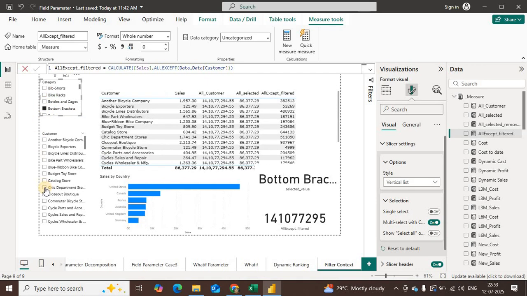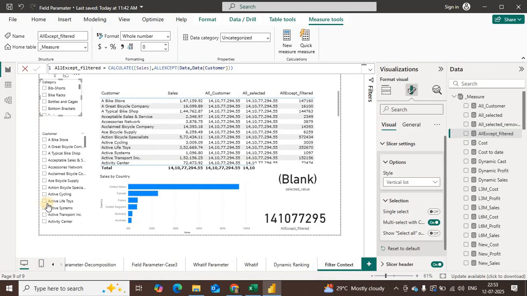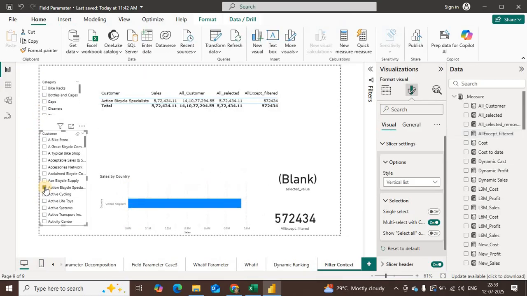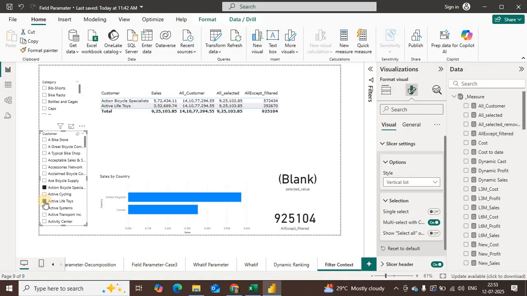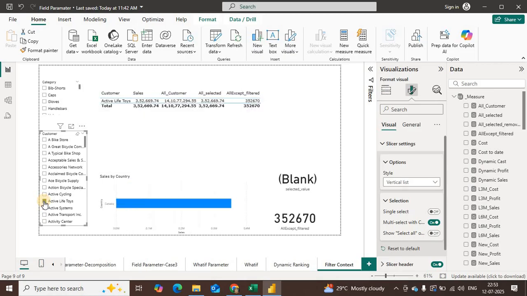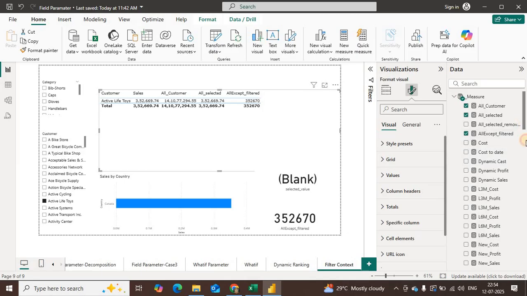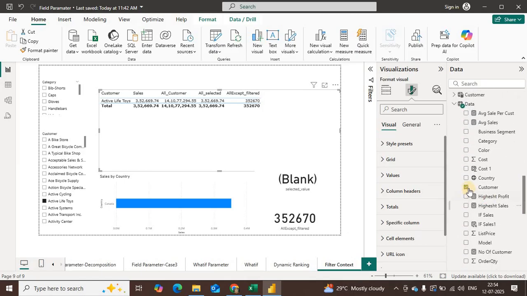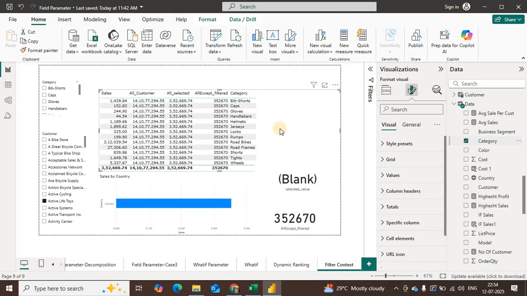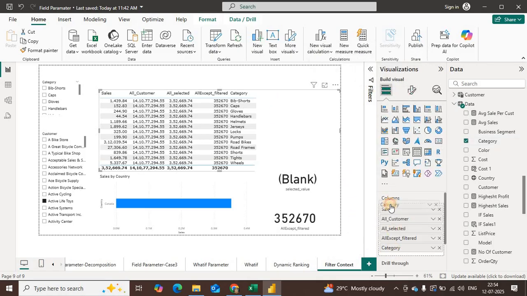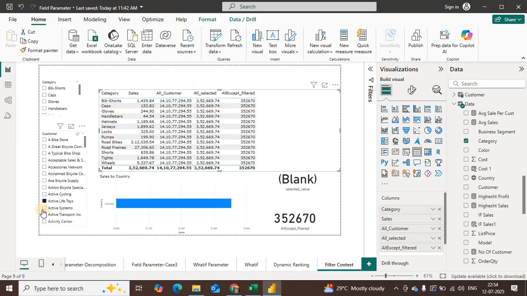Okay, so when I select this one, it is showing the group by of this one. I'm adding up, so group by this one, customer. Instead of customer, let me give category here, it will be understood. So let me do category here. Okay, category to top. So it is doing the category wise, but I have used this customer